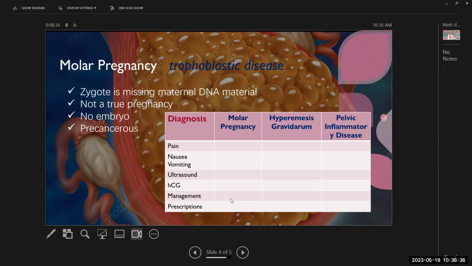And then we're going to also ask her not to become pregnant for at least a year because we want to monitor her for cancer. Okay, hyperemesis, and then prescriptions. Hopefully, we're going to give her some birth control of some sort once she heals up, and maybe some pain